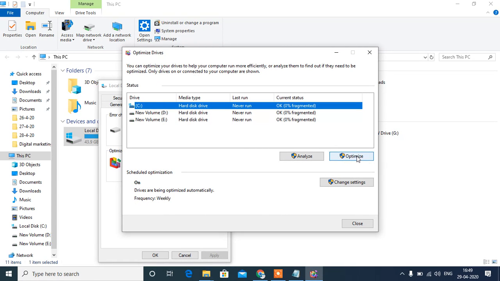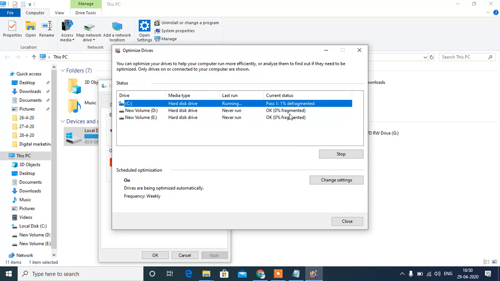Click on Optimize, C drive is there. 27% is analyzed. Now it is defragmenting.